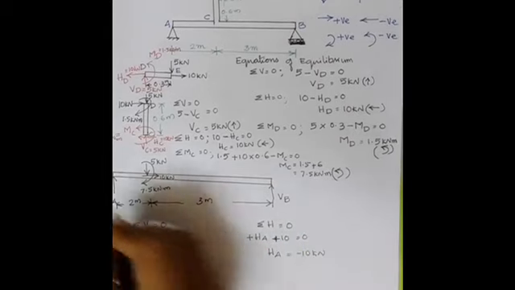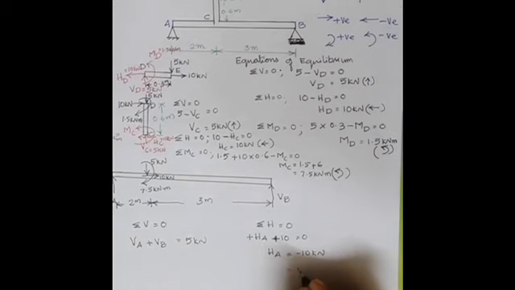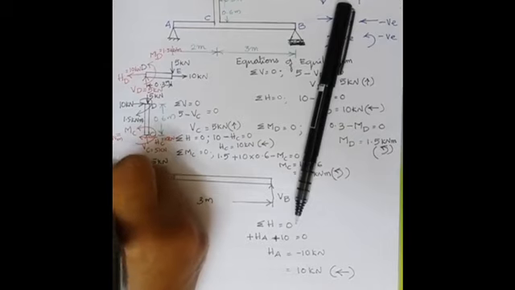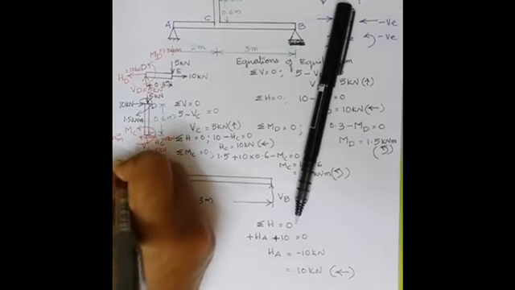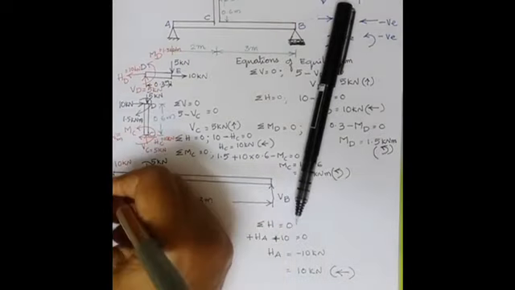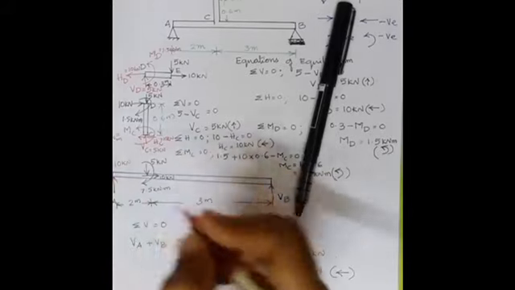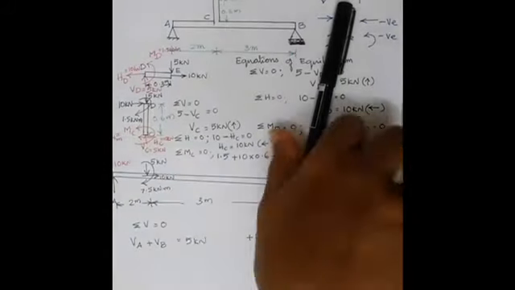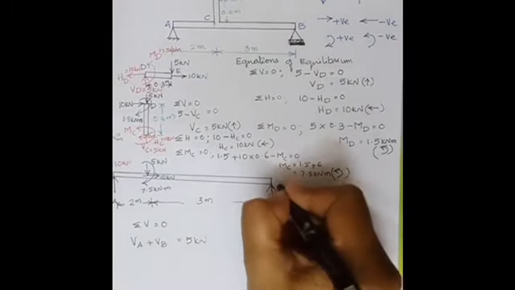So what we have assumed is wrong here. HA is acting towards the left. So I can mark here HA acting towards the left. Okay, so HA is equal to 10 kilonewton acting towards the left. Now these are the unknown forces we have to find out: VB, VA and HA. Now let us take moment about B